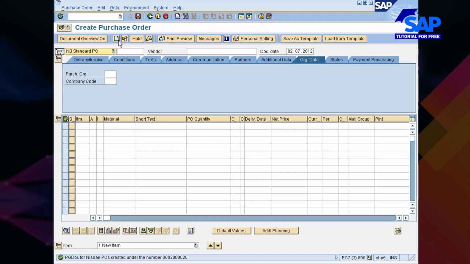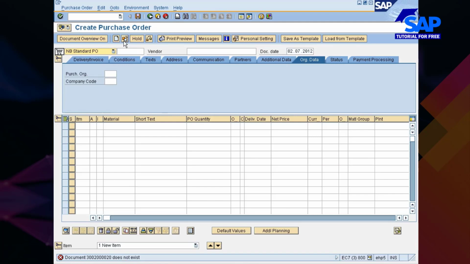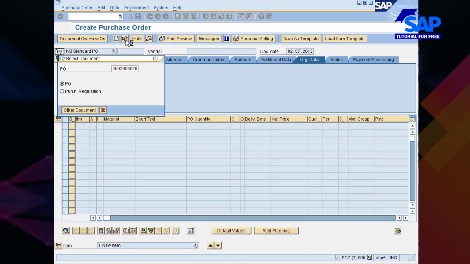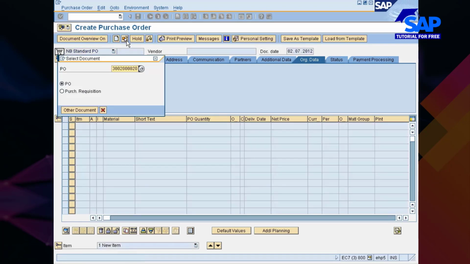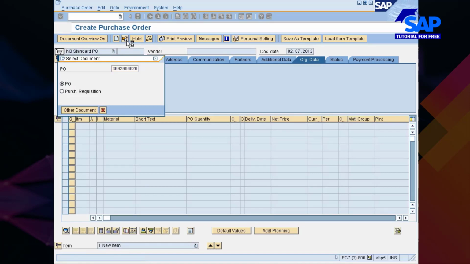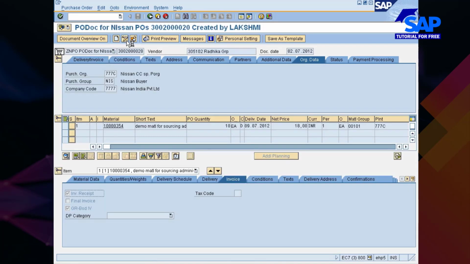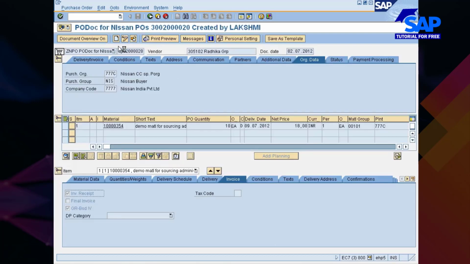Okay, so now just go and display this PO. It requires some time to update the tables. Okay, so now this is your PO.